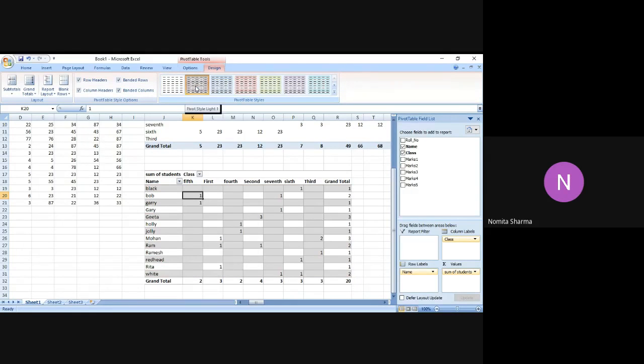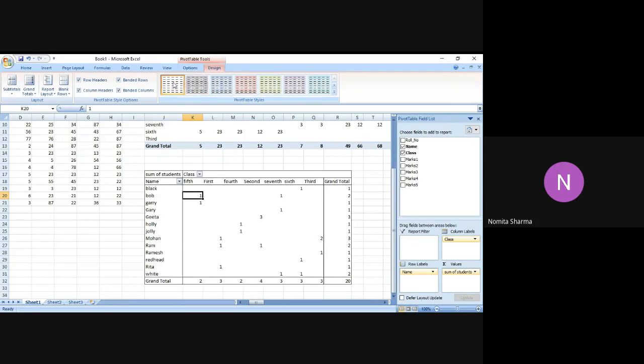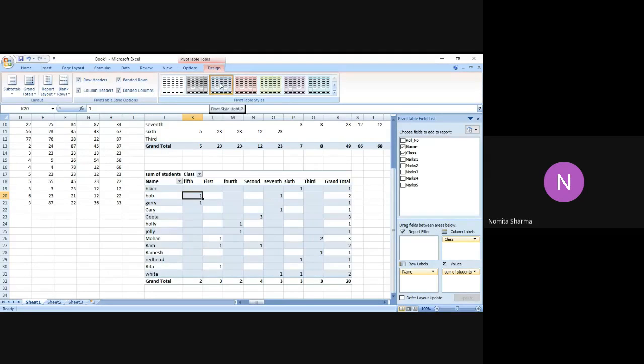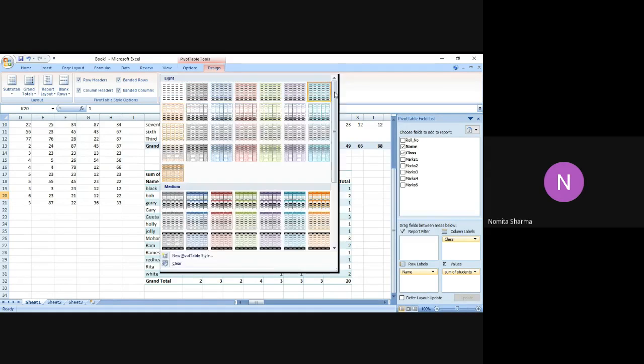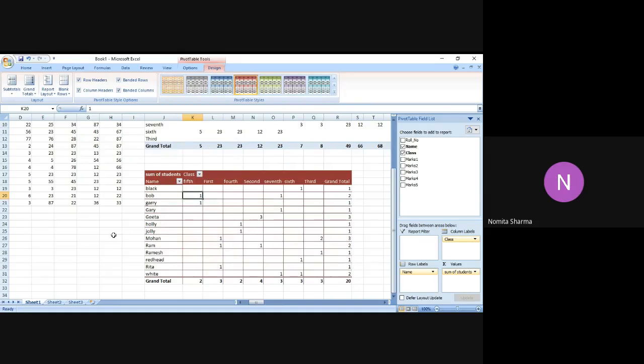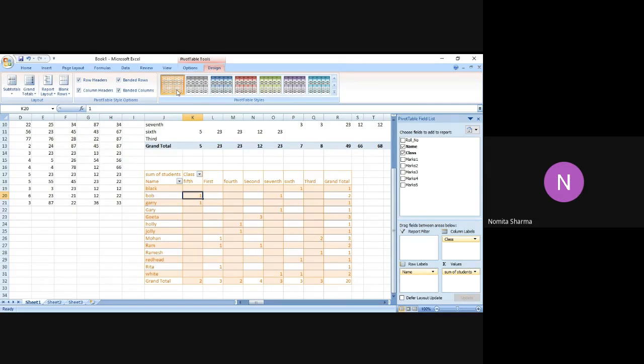And the bands will appear only when you have taken the color in a particular table. If you have a white table, in that case, even if I select the banded rows and the banded columns, then those bands will not appear. The bands will only appear if I select a particular design with the colorful option, like maybe any color. Because bands only make a sense because bands are basically used to highlight a difference, maybe row wise or column wise. So this particular option will only appear when you're selecting the particular design, like this, or like this, or maybe like this. Otherwise those bands will not appear.